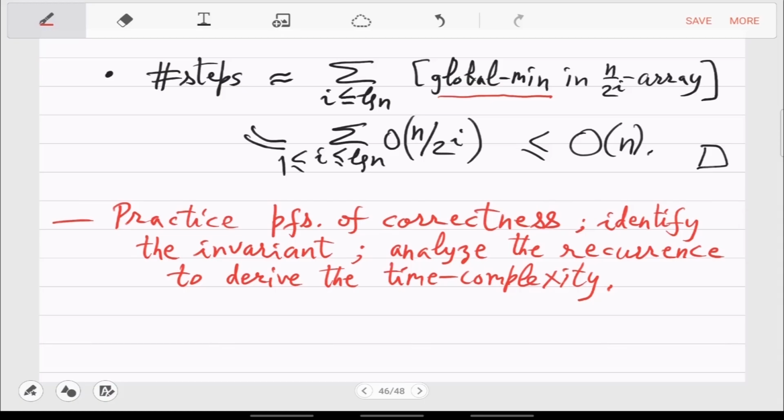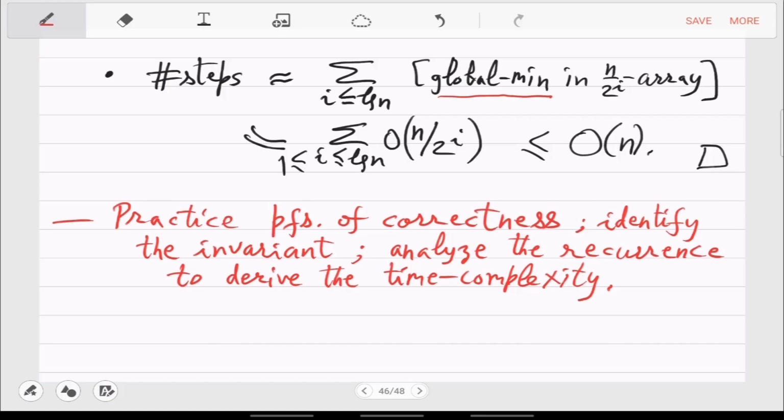And then to actually say something about the time complexity, you have to give a recurrence and analyze it. Okay, so in this case, the recurrence is kind of already in expanded form. We have already unfolded it and given you n plus n by 2 plus n by 4 and so on.